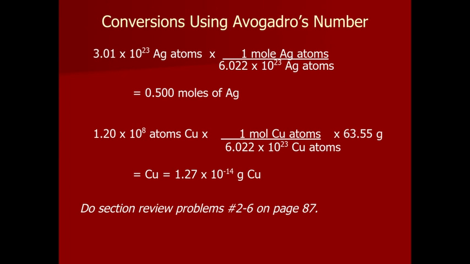All right, then we move on to Avogadro's constant. If I know how many atoms I have and I need to find how many moles, I just divide, okay? So in this case, I'm using 6.022 times 10 to the 23rd. Please memorize that, all right? But I know that I have 3.01 times 10 to the 23rd atoms of Ag. And so I have to divide that by 6.022 times 10 to the 23rd,